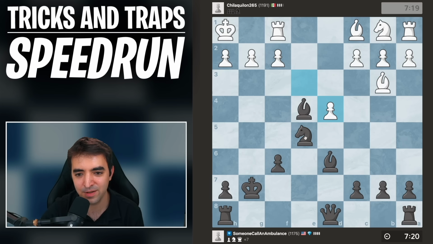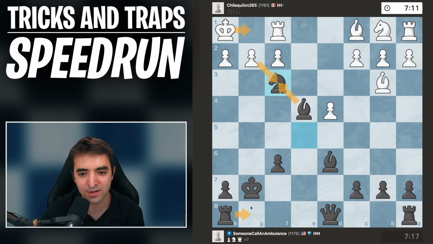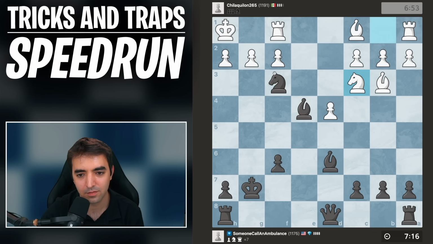Do I continue with the trickiness? Knight f3. Oh no, my knight. The point is, after takes, king here, rook here, I'll be threatening to move my king, potentially with checkmate. Okay, white doesn't take. It's actually a smart move, attack my bishop. If I take on...